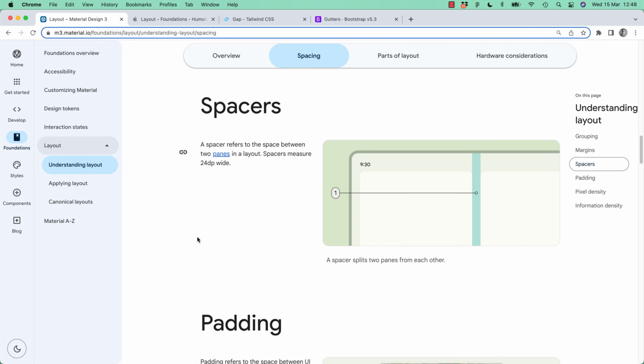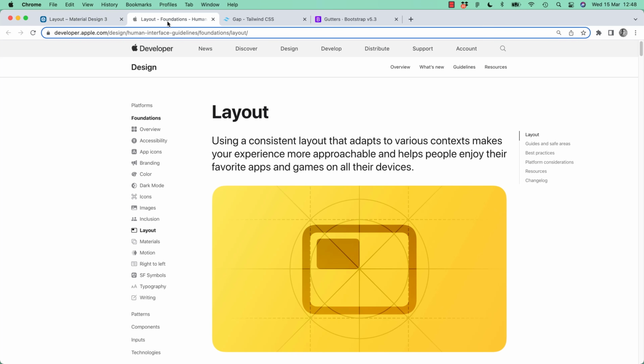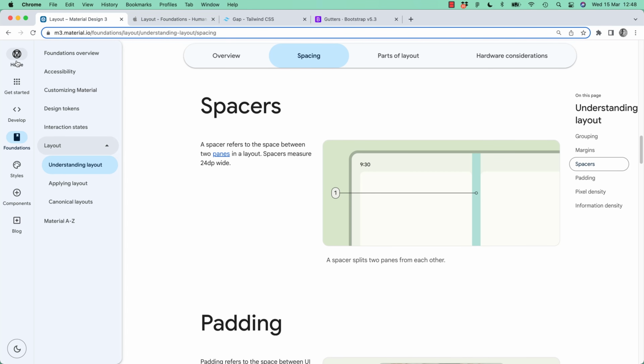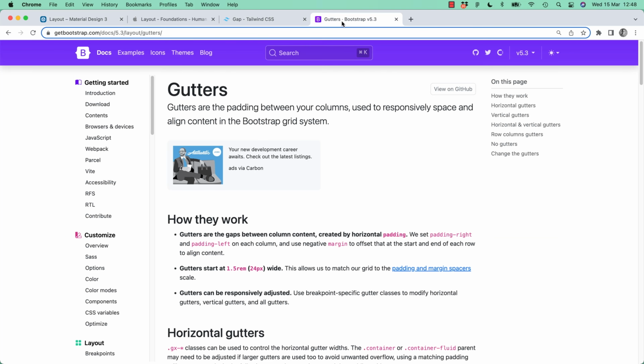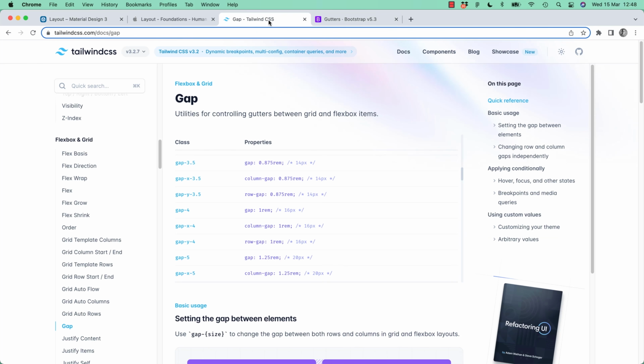top of things that are built on top of things. So if you're an iOS developer, okay, the developer is going to be using the pre-made, or at least guidelines from Apple. If it's Android, it's going to be Material. That's what they call their design system. And they give you lots of helpful things about how things should be spaced apart. If you're going to web, it might be Bootstrap, it might be Tailwind. So talk to your developer, figure out where it's going, what they're building it on, and then have a little read around. It can be confusing, but we need to get started in these sorts of things so that you